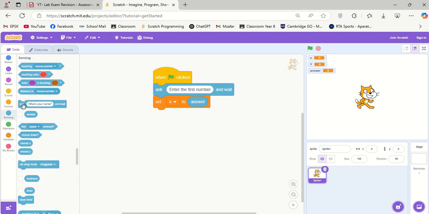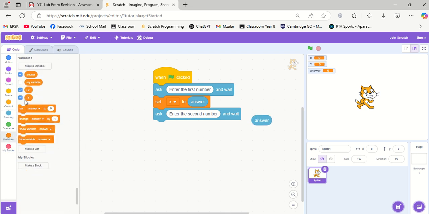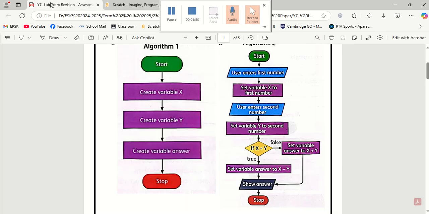Okay. After that, we have user enters the second number. Click on sensing block, ask user enter the second number. The answer will be saved here in this block. Then we will set the variable y to the second one. Okay. Next,